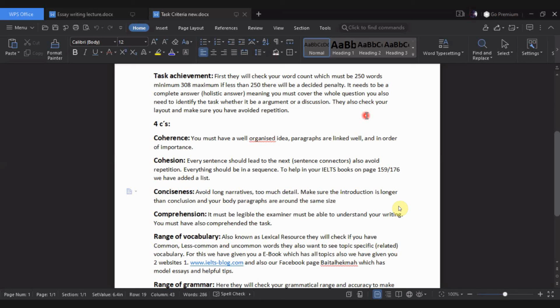How many paragraphs do you think would be appropriate for an essay? Just follow the layout. As for argument type of layouts, the minimum would be 5. Meaning you have to have 3 body paragraphs to support your opinion, whether you agree or disagree, plus the intro and conclusion. That's like an essay. So 3 body paragraphs for argument type of